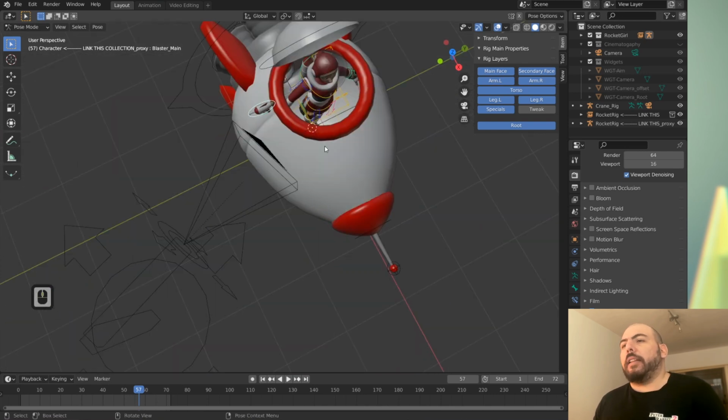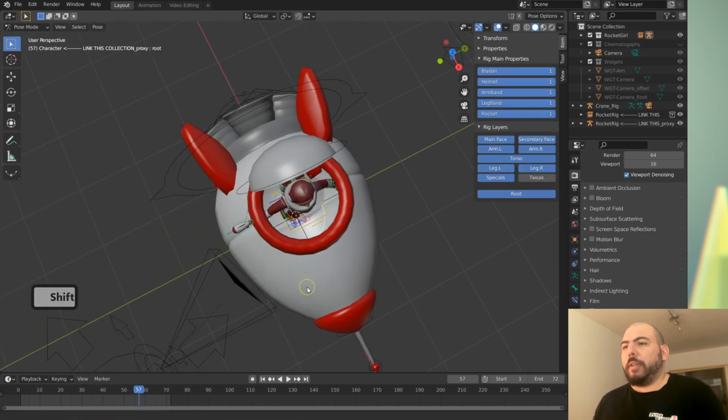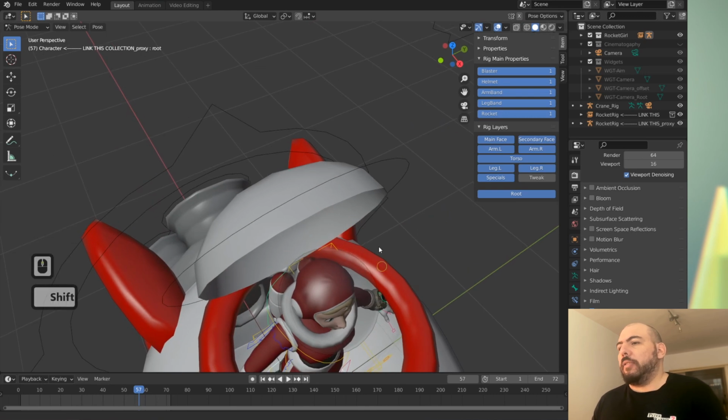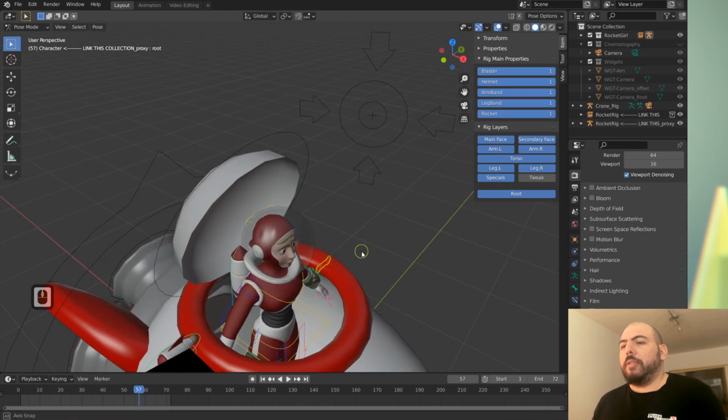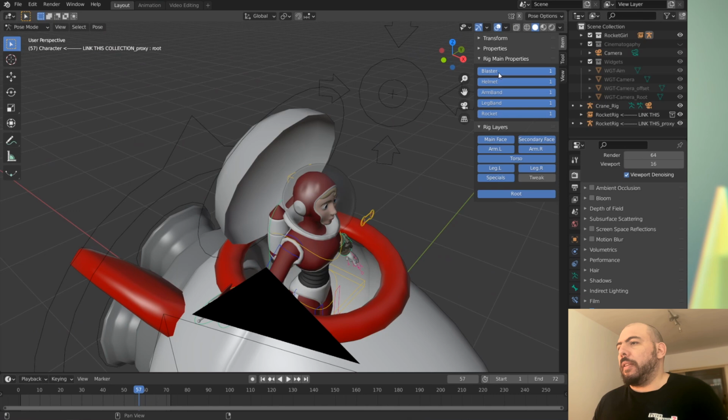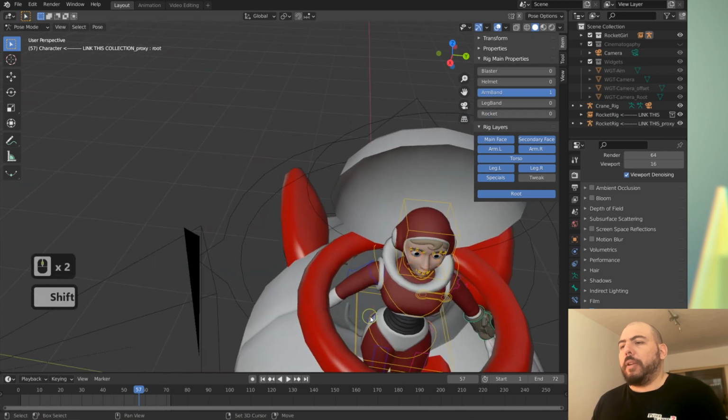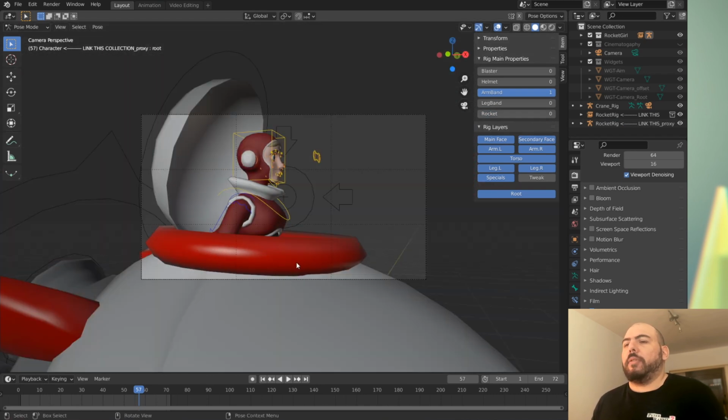In this case, other things that would be interesting because of this rig particularly is to turn off the stuff that we're not gonna be using or seeing. Like, I don't think the rocket would be necessary or the blaster itself, the helmet maybe. And also there's a thing with transparency that's not working quite well. So I could probably animate most of it without the helmet and then turn it on and adjust if I need. So the leg band, the rocket, bam. And so we got the girl ready to go in the ship.